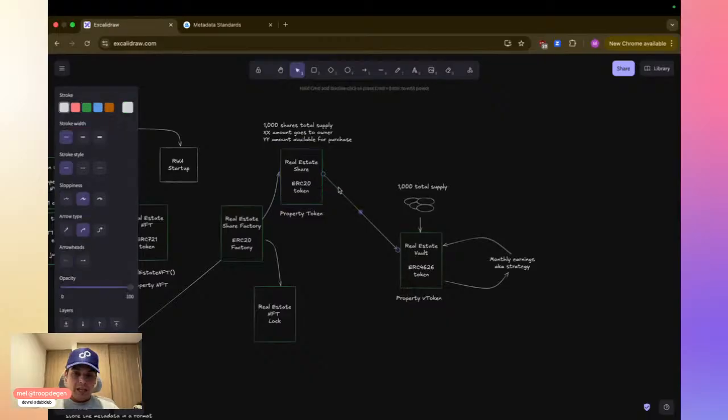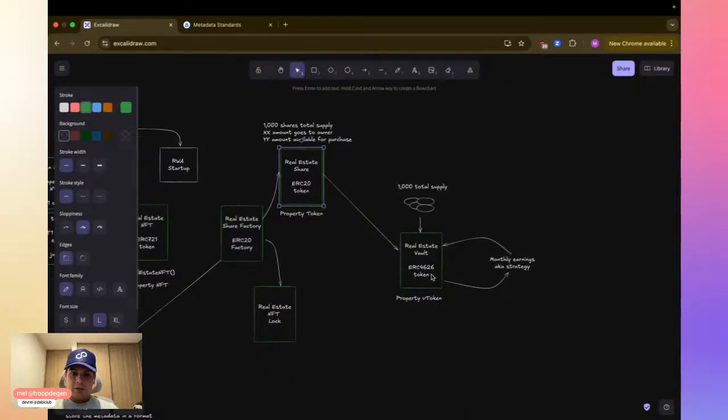And once we get them, if we want to earn part of the monthly rent, then we will need to deposit our shares into the vault token. And whenever there's a deposit for the monthly earnings, these monthly earnings will be distributed to anyone that is part of this vault.